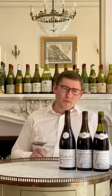We talk a lot about generational transitions in Burgundy, but to my mind, one of the most exciting in recent years is also one of the least talked about, and it's the subtle incremental changes that have been happening at Domaine Dugat-Py in Chambertin. Now, all these three wines that I've opened here, 1999, 2007, and 2017, Chambertin, have one